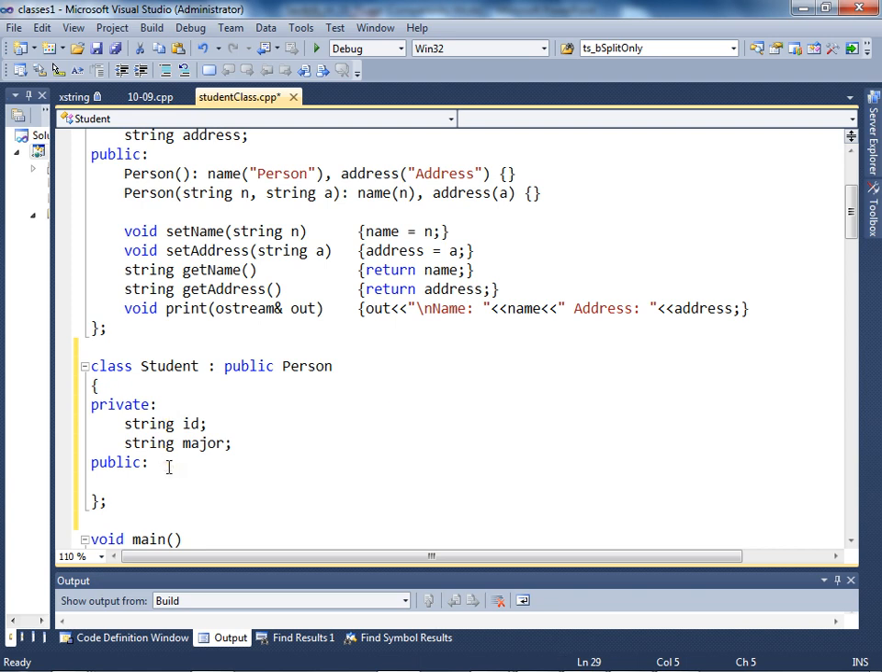And now let's have some public methods. So those are the usual stuff, set and get methods. For the set we need void setID, and we pass it string ID. And over here we can simply say that ID is equal to